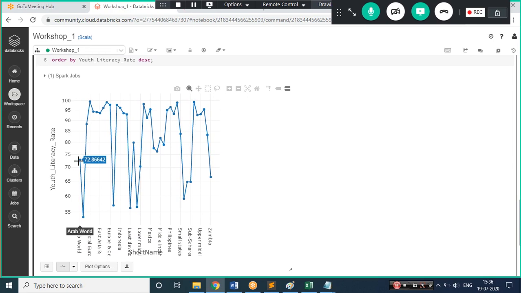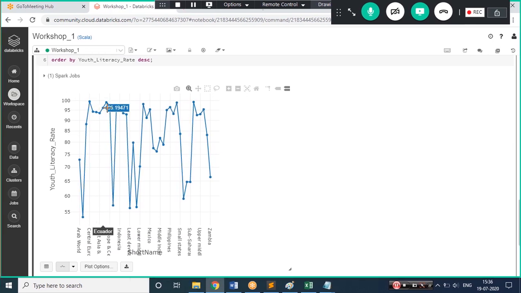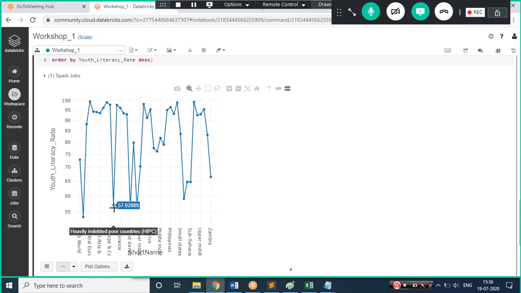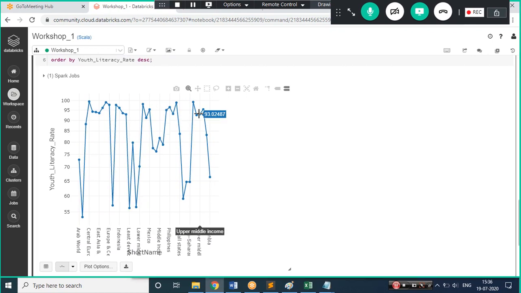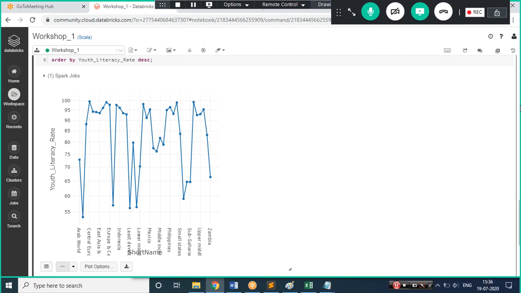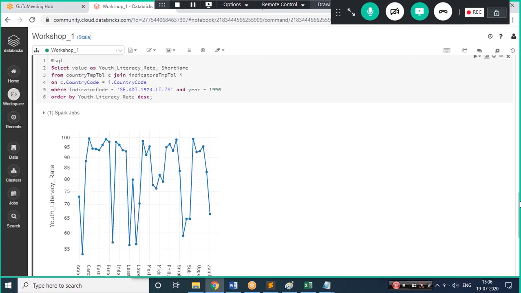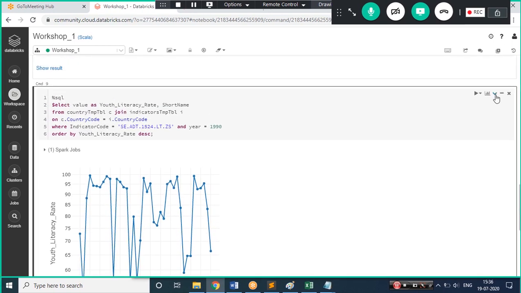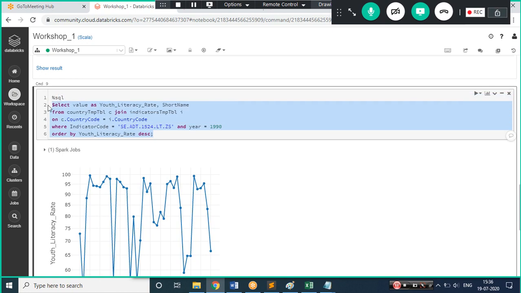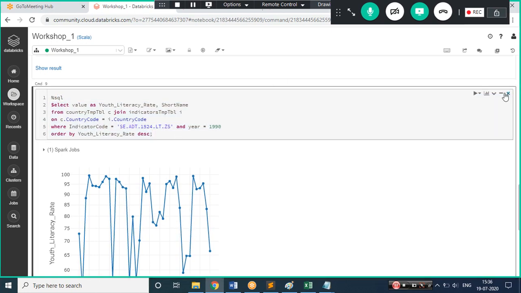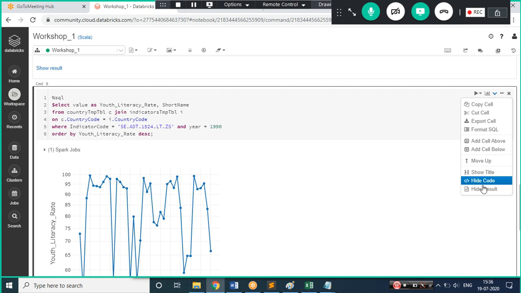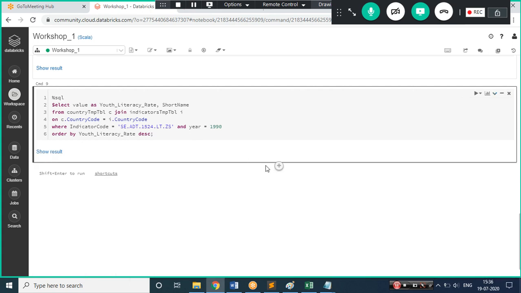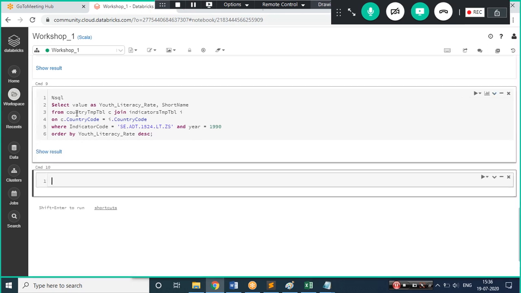On the basis of that you can just hover over it and it will show you the result set. So nothing big. This graph creation looks cool, but it is up to you how you play with the graph. The main thing is finding out the solution either through your SQL queries or through your data frame, whichever is comfortable to you. Okay, so this is done with my SQL.